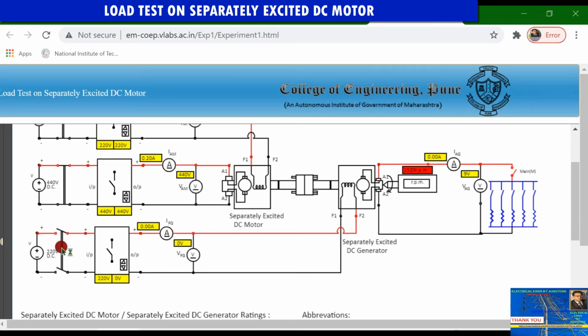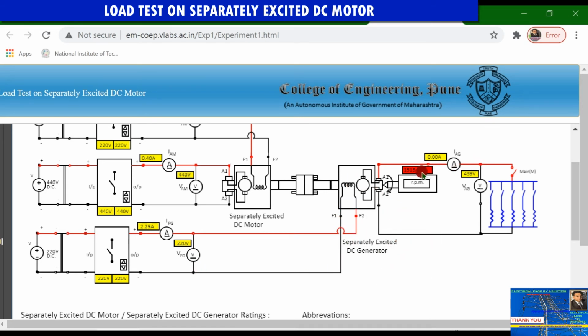So that is why it is called a separately excited DC generator. Now you have to connect this circuit to the supply. Click on this, and again you have to supply the rated voltage, which is equal to 220 volt DC, by increasing the voltage level from here. I am increasing the voltage level of the separately excited DC generator's field till it becomes 220 volt. Now we have supplied 220 volt across the field of this generator.